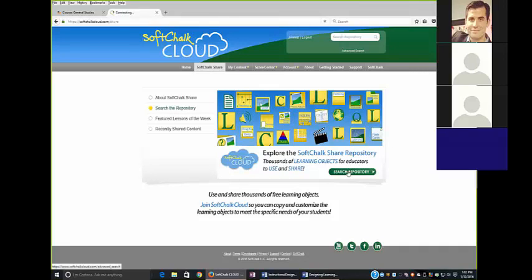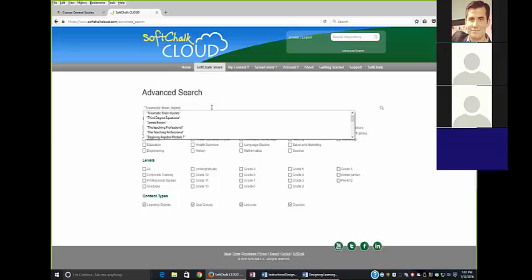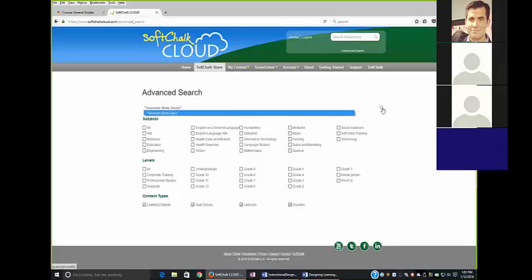I'm going to be searching the repository. I'm going to look for a particular, let's say, field or a particular topic. And today I'm going to deal with traumatic brain injury. So that's what I'm going to look for. So I could type in that phrase, and I surround the phrase by quotation marks,